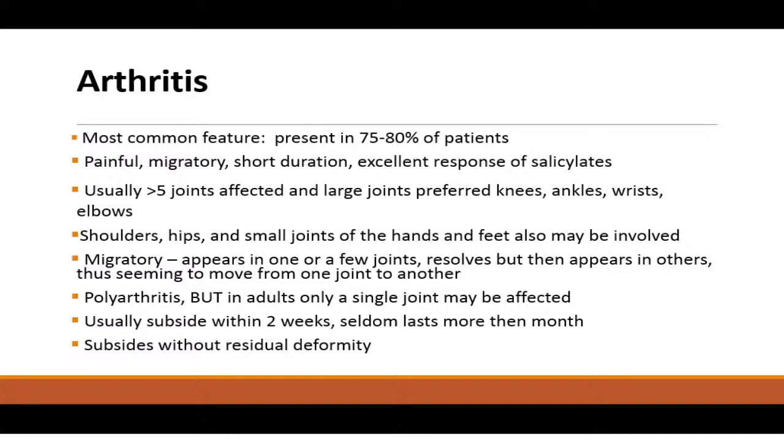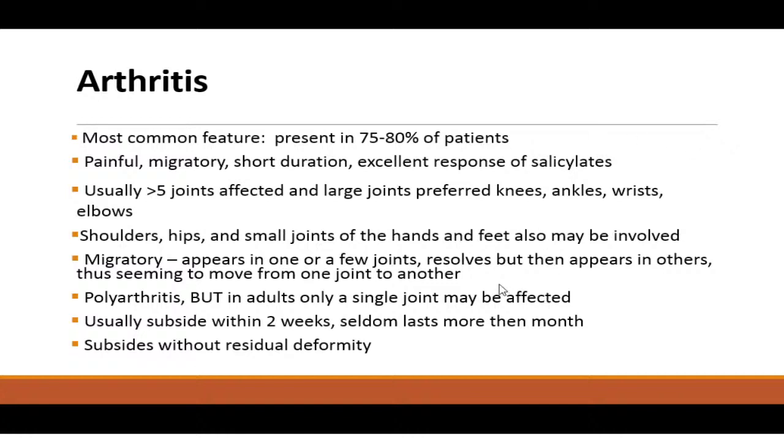It seems that inflammation and pain migrate. It most often has short duration and excellent response to salicylate. If there is no response to salicylate, we must think about another possible reason for